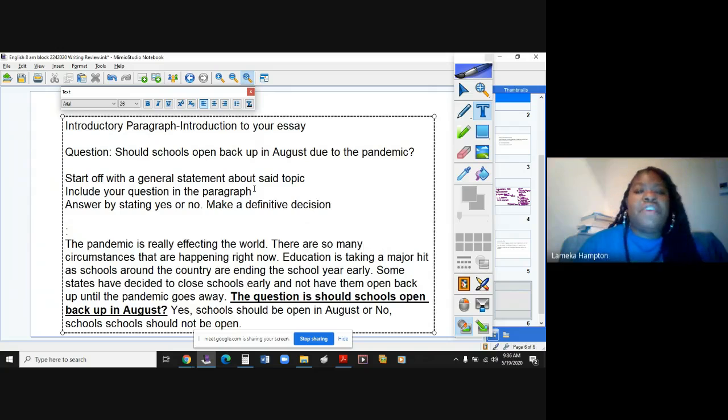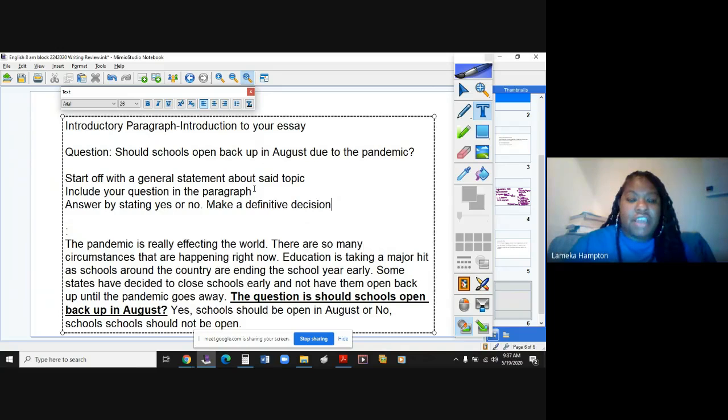So you have to make a definitive decision, meaning it has to be a final decision. Now, let me say this very quickly. I understand that sometimes we can pick a side on something, and as we continue to do research and find the proof we need to support our claim, there may not be enough evidence, or we actually may change our minds. That can happen. That has happened to me from time to time. So I totally understand.